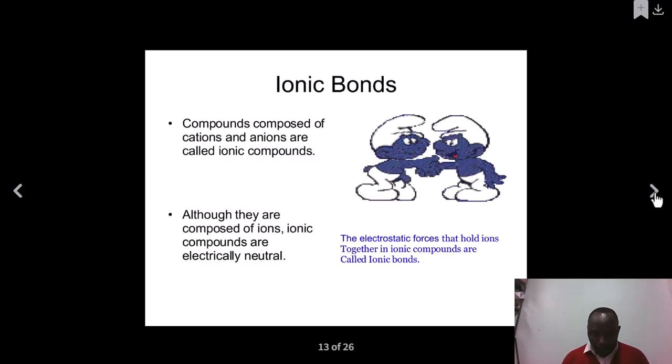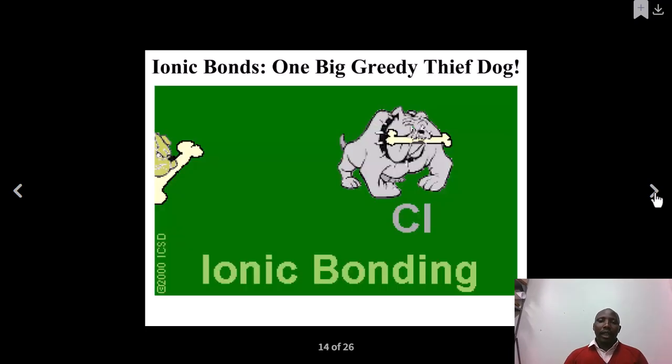What is an ionic bond? An ionic bond is composed of a cation and an anion, as we saw. Remember, an anion is formed by gaining electrons, whereas a cation is formed by losing them. When an atom which lost and another which gained connect together through an electrostatic force which holds those ions together, they form an ionic bond. The definition is: an electrostatic force that holds the ions together after they have lost or gained their electrons. In this case, we have an ionic bond.